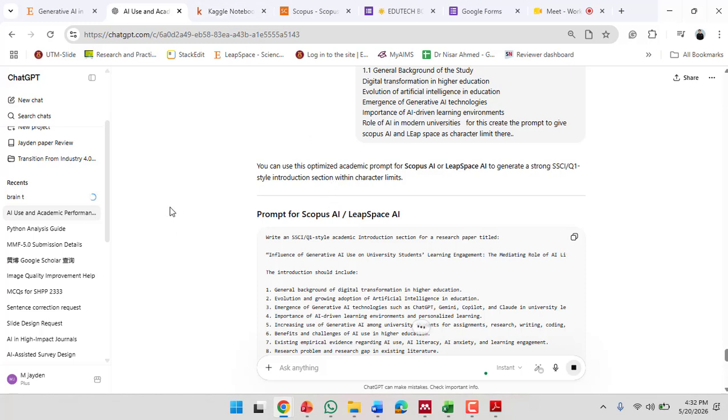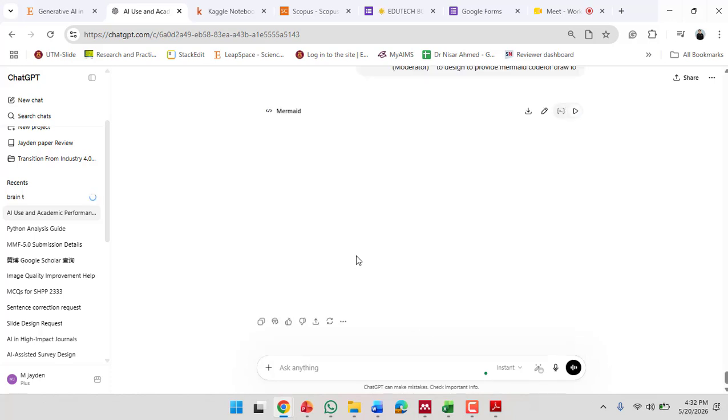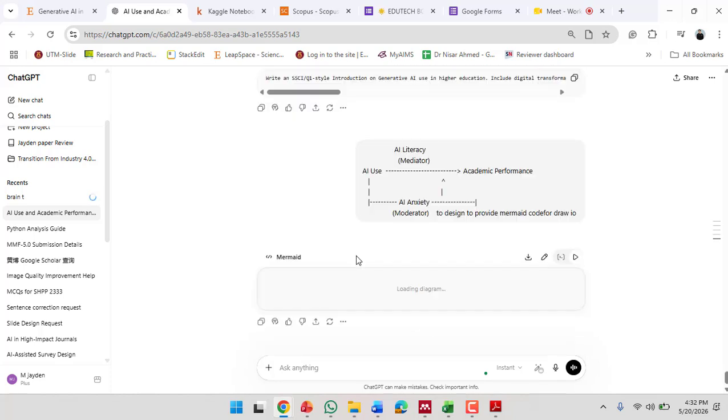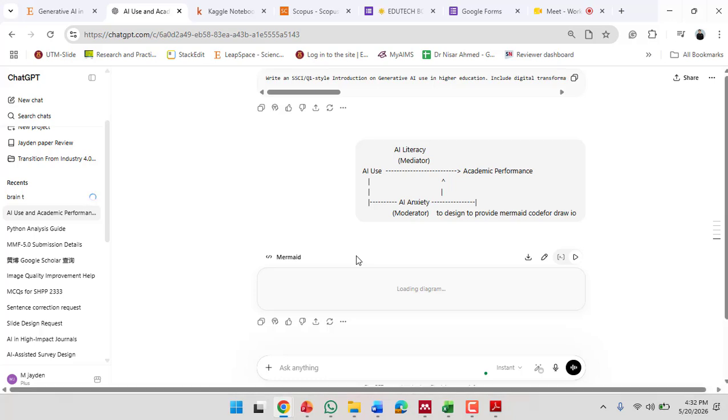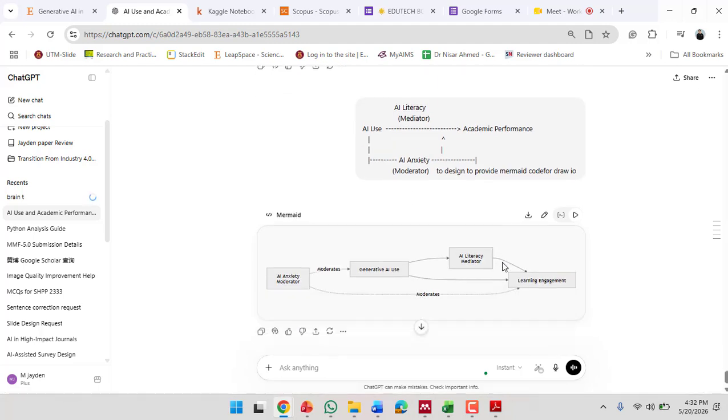So once you get the code, this is the model actually. For example, if you think this is okay, then this is the model. Now just copy the code, you can find the code, just copy and open Draw.io. This is one example where we use the AI. This is not by my side, I have not used any manual working. I do everything with the support of AI.